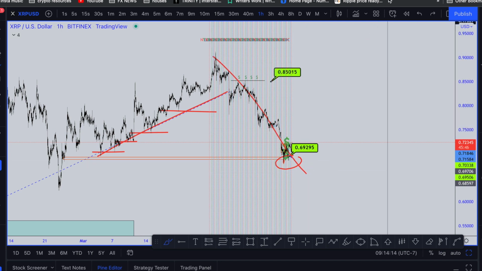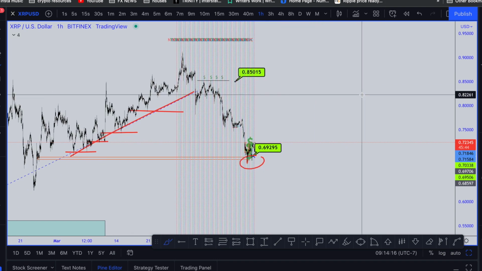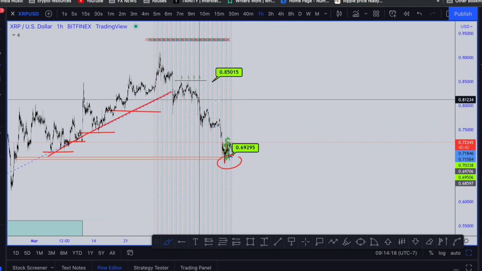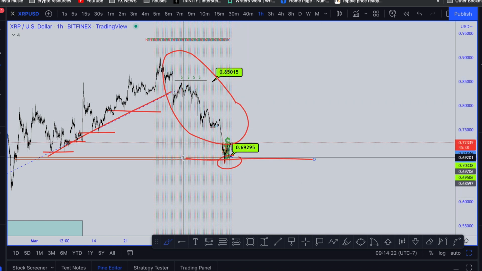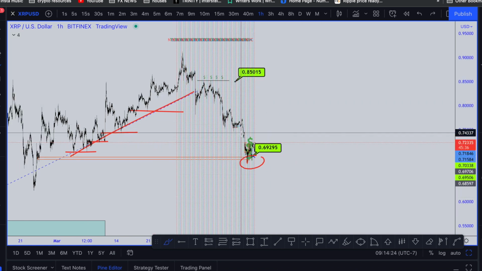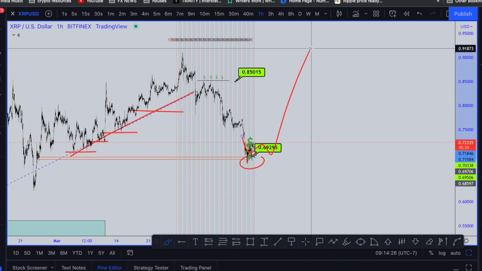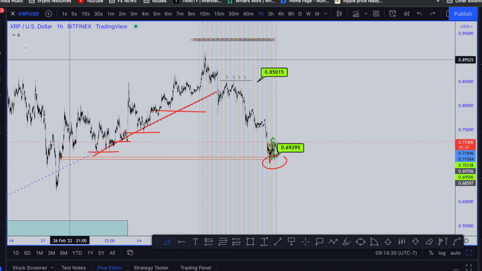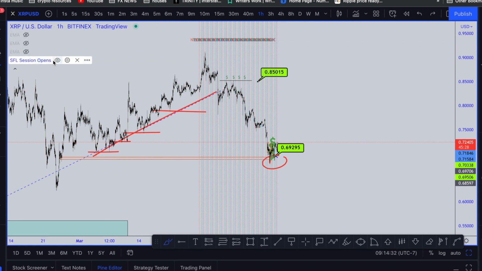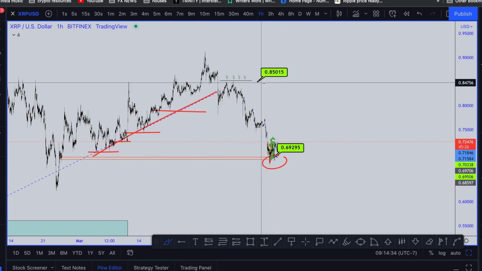Because we know as traders, the market, in order to go higher, must go lower first. Well, now that we've seen the move lower, the question is can we hold these levels to potentially see a market reversal and for money to get pumped back into XRP? If that does happen, my first initial target that we need to surpass on XRP is 85 cents.